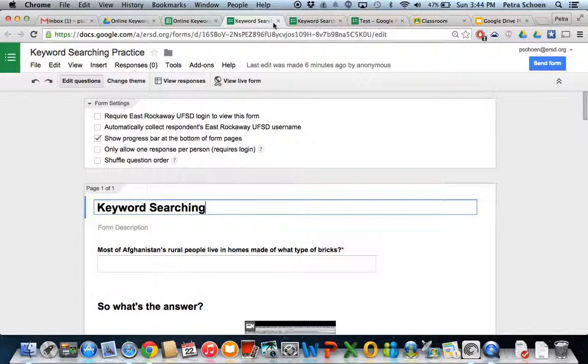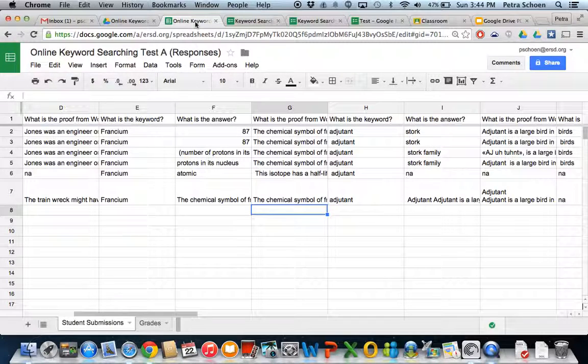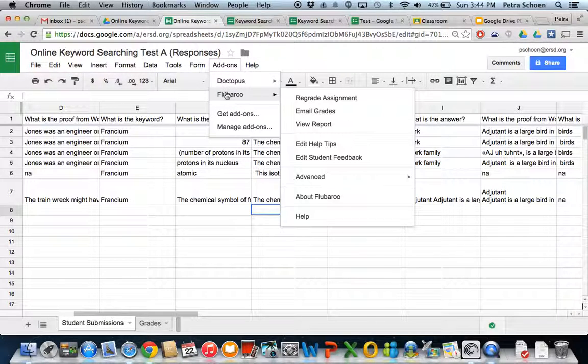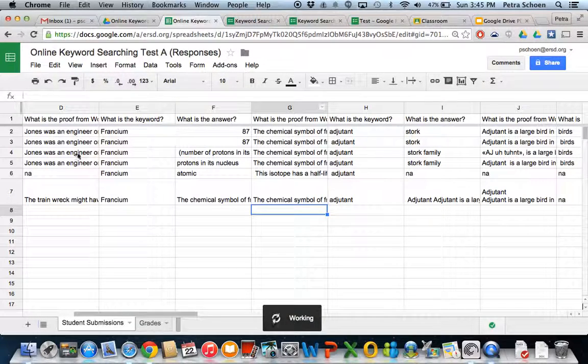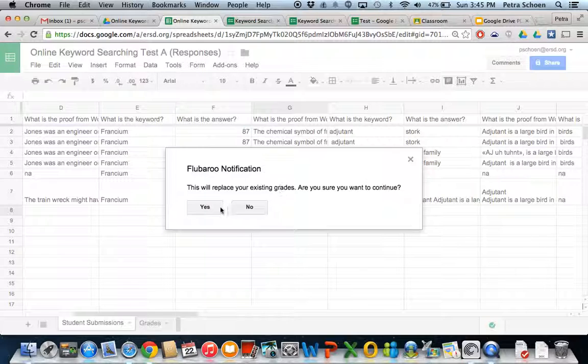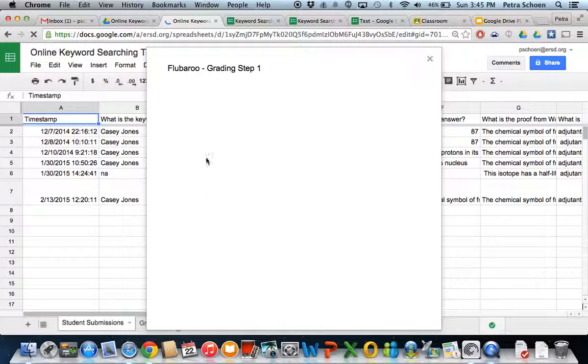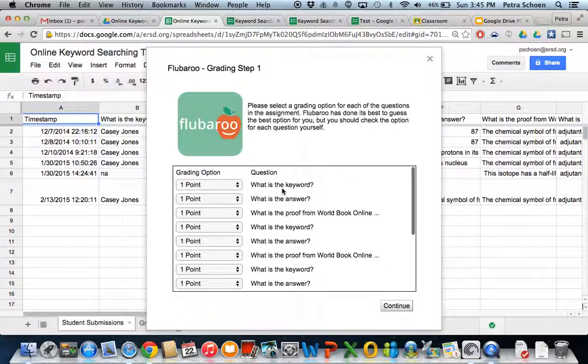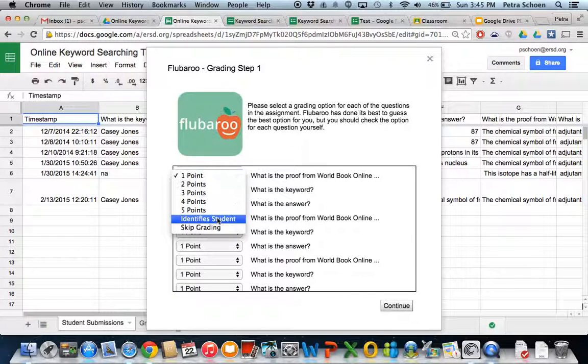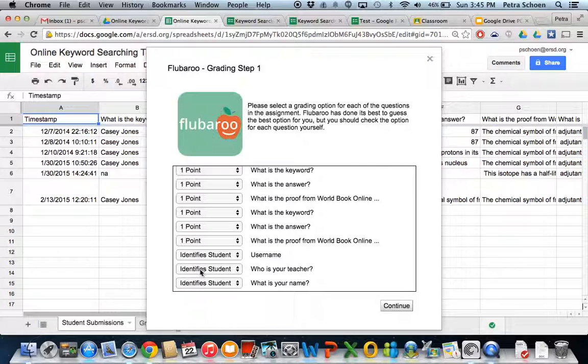My favorite thing to use with this is the Flubaroo add-on. If you click on Flubaroo, you can actually grade the assignment. I've already graded it, obviously, but if you click on Flubaroo, you choose what it is that you want to grade and what kind of point value you want to give it, or whether or not you even want to grade it. You can skip grading it. Certain things like username and teacher name already are identified as identifying the student. We can continue,